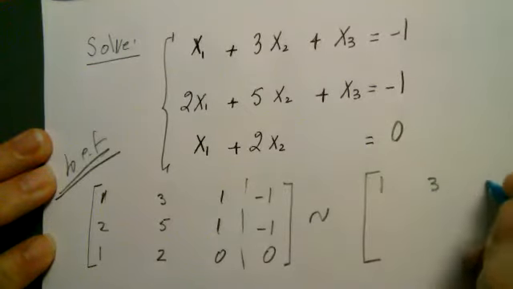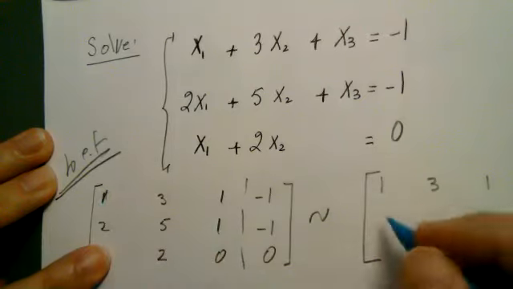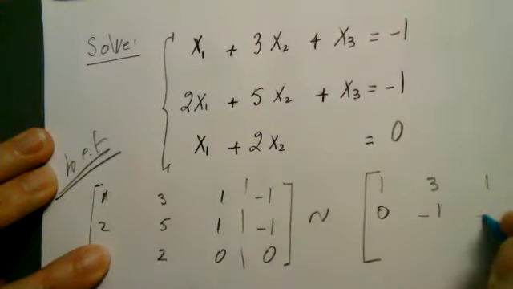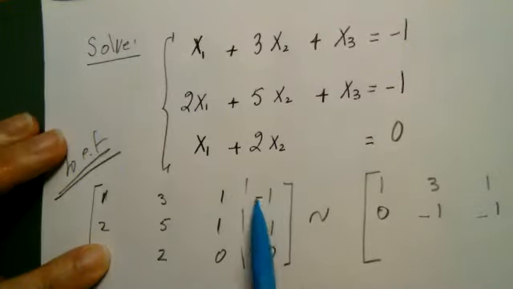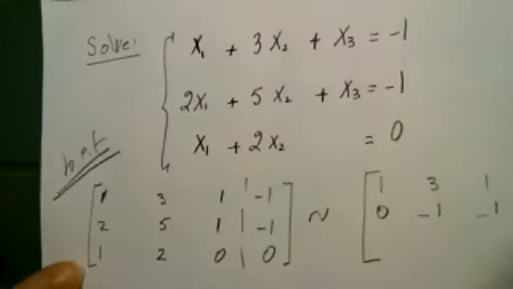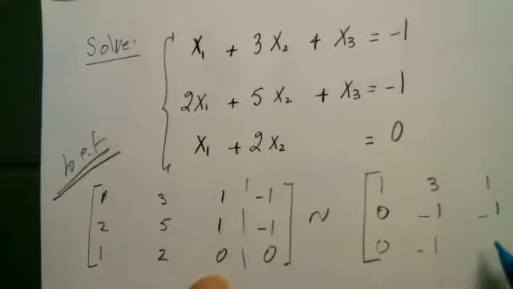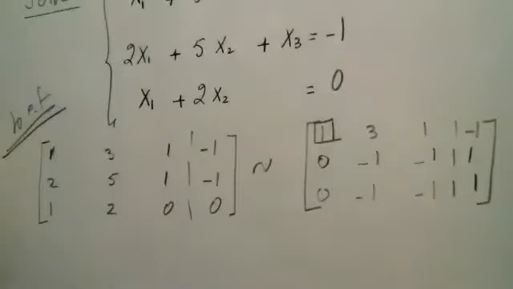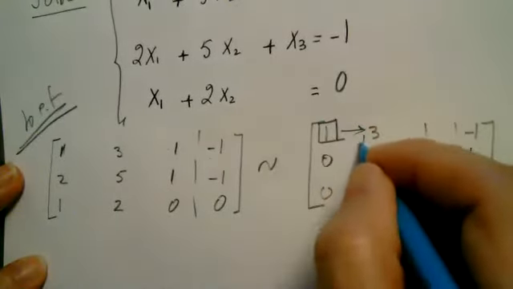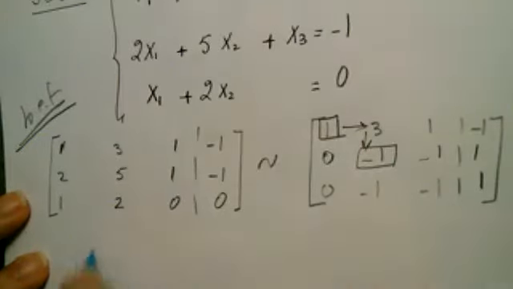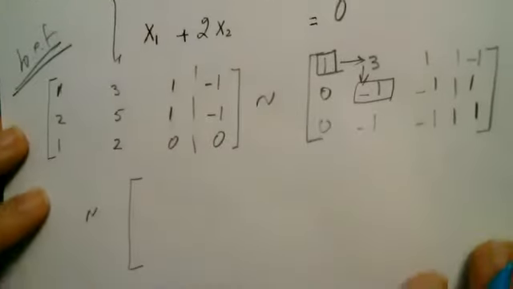1, 3, 1, minus 1. Minus 2 plus 2, it's a 0. Minus 6 plus 5, it's a minus 1. Minus 2 plus 1, it's a minus 1. And this is minus minus, it gives me a 2 minus 1, it's a 1. Minus 1 plus 1 is a 0. Minus 3 plus 2 is a minus 1. Minus 1, that's a minus 1. And minus minus, which gives me a 1. This is guaranteed. So move to the right, move below. This is my leading entry. I'm going to use it to make this into a 0. So I do that, and I will get